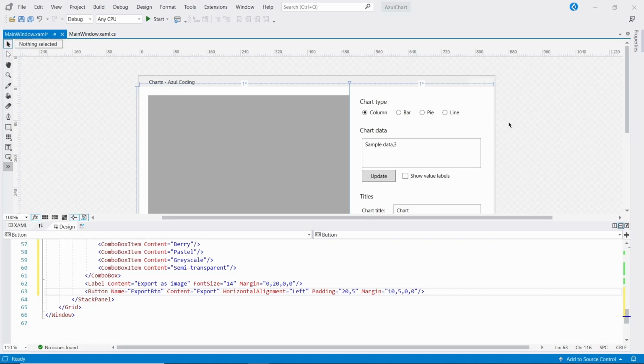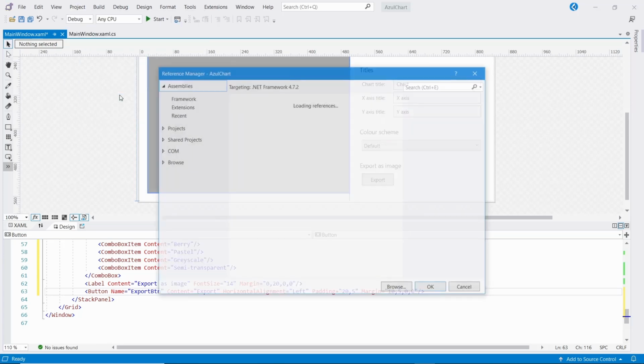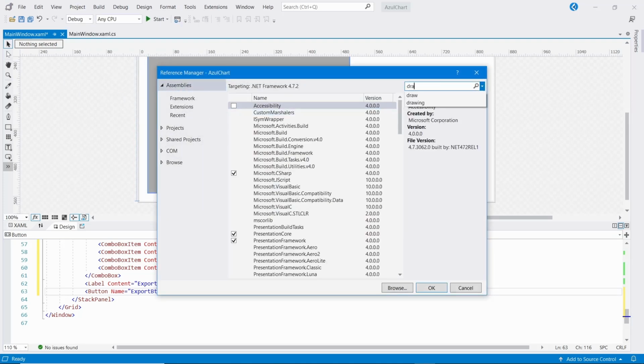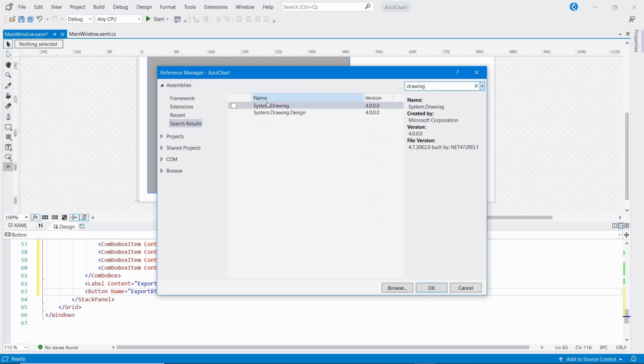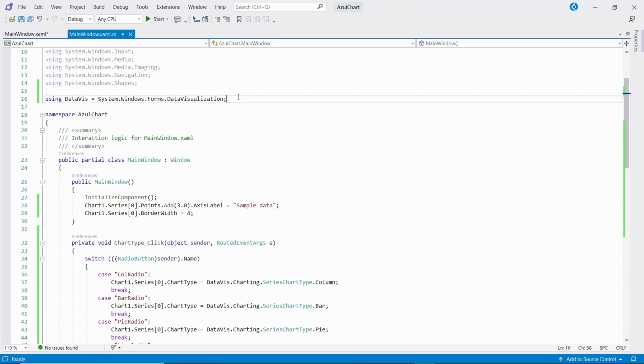Since part 1 I've added some new UI controls for what we're going to be working on today. Every application is different, so I'll just be explaining the code behind the tasks, which then can be applied to whatever application and interface you have. But first we need to add another reference to the project. To do this, click on Project in Visual Studio and then Add Reference. If we search for drawing, the reference we need to tick is System.Drawing. Then click OK. And next we just need to add that into the code like so.